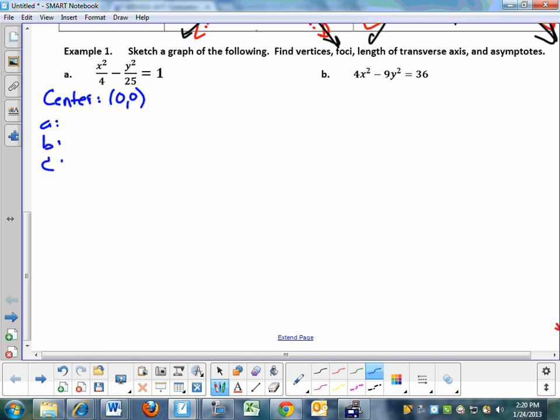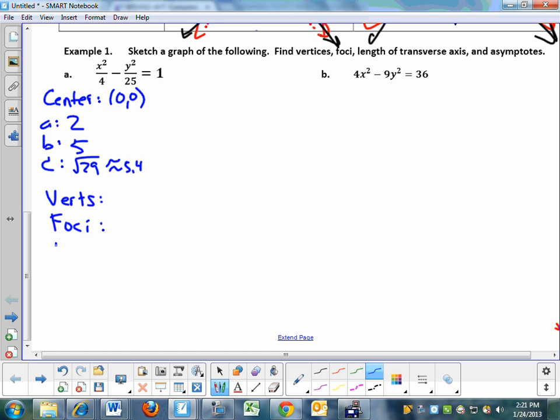A, B, and C. I finished that for you. Where did I put it? Do you see it? You're welcome. Okay, so what's A? 2. B? 5. C? Square root 29, which is approximately 5.4. So I did A squared plus B squared is C squared. Okay, good. Now, before I actually list those characteristics,